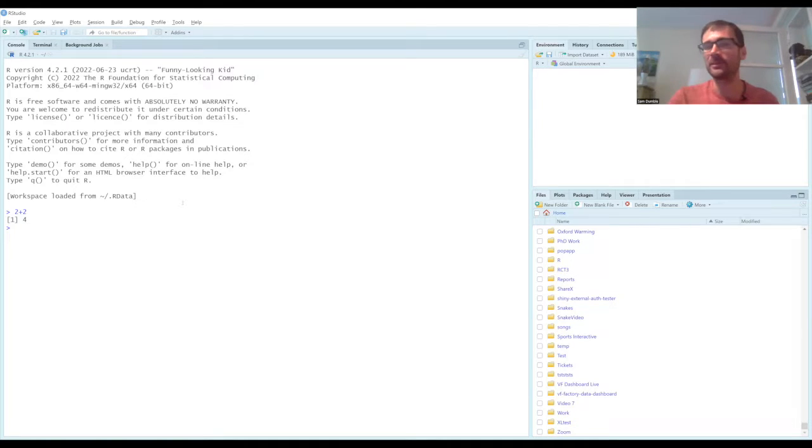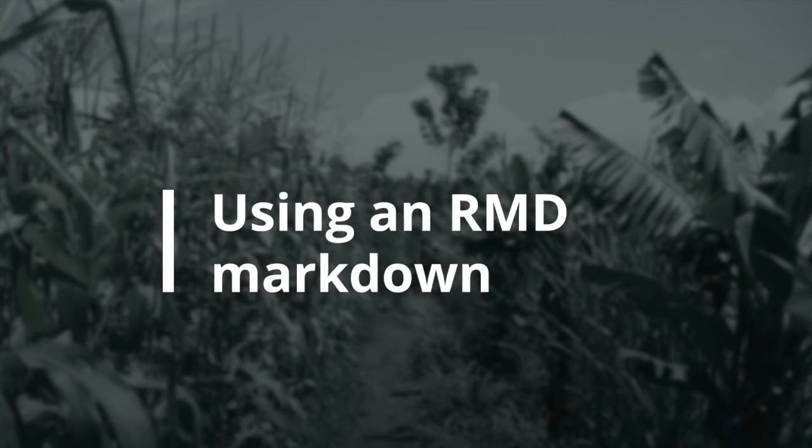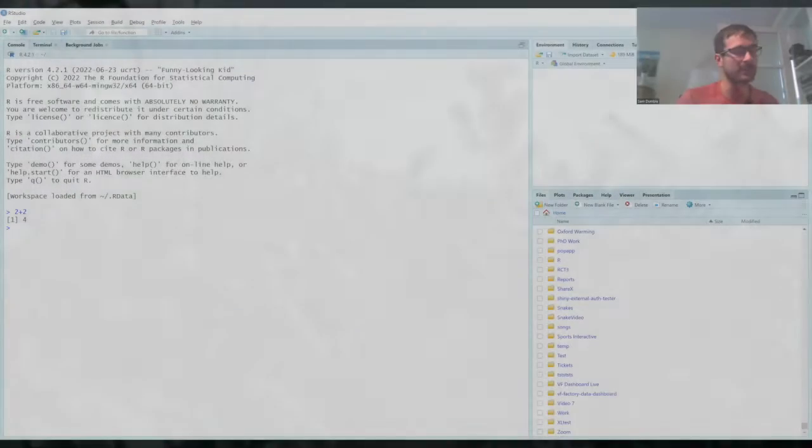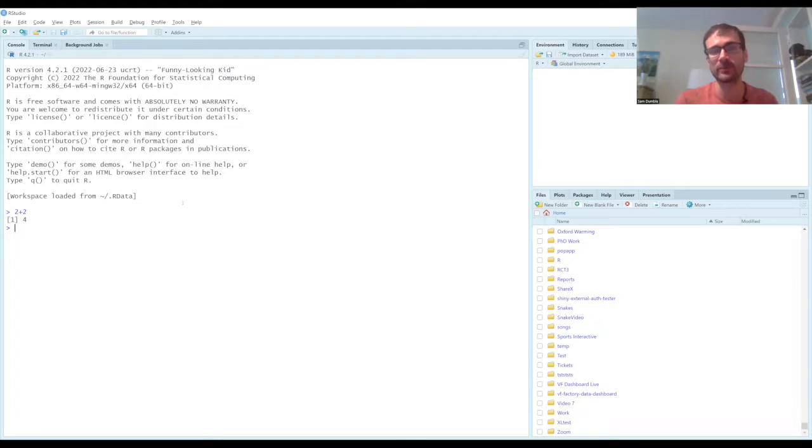So what we really want to do is we want to have a script file, we want to have a collection of our commands that we bring together into a single location to give us some nice reproducible and editable syntax that we can use to run our analyses and share with other people and get into all sorts of interesting projects. So how can we start doing that?